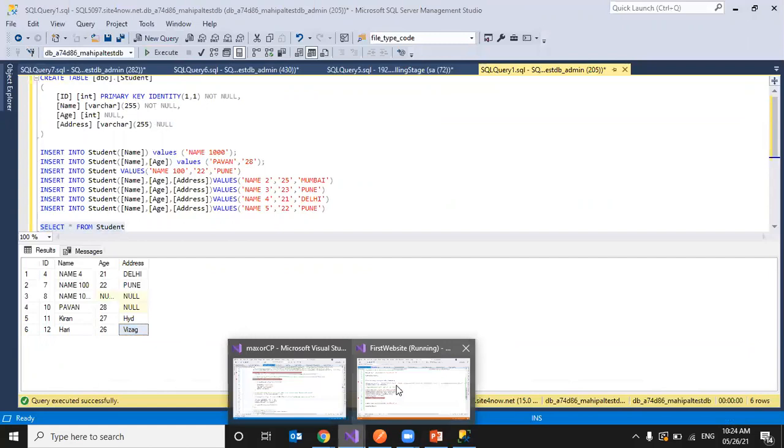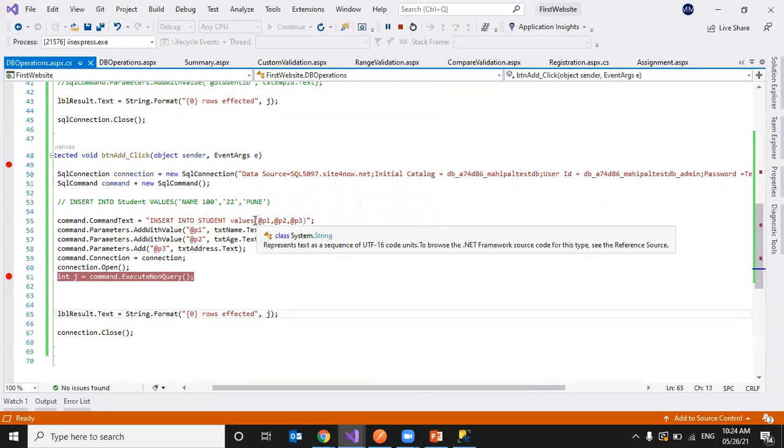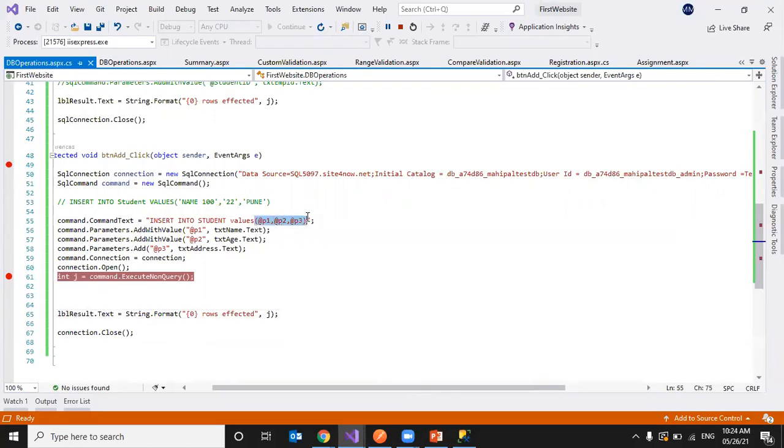This is a way of passing values, either appending the text to the query or using parameters, whichever way you feel comfortable. If you are good at string appending, you can follow that. Or if you are bad at that, you may miss semicolons or single quotes when you have different data types like double, integer, string, date, time.